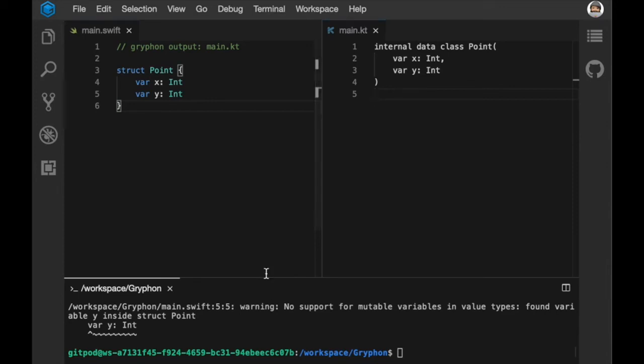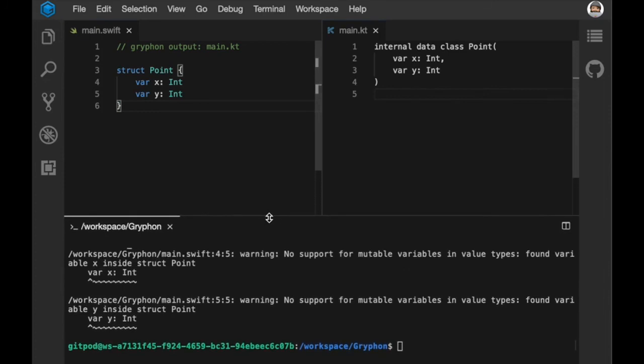That's why Gryphon immediately raises two warnings here that we can see down here. It says Gryphon doesn't support mutable variables in value types, and it says that for both our x and our y properties. Why is it saying that? It's saying that because this var in Swift means that the x and y values can change. So we could theoretically